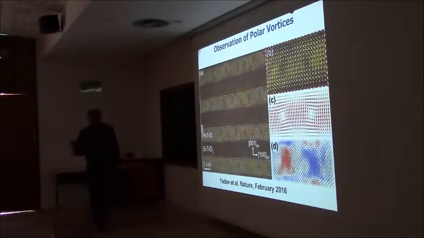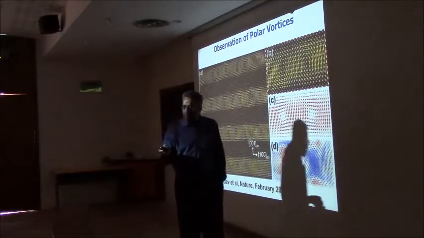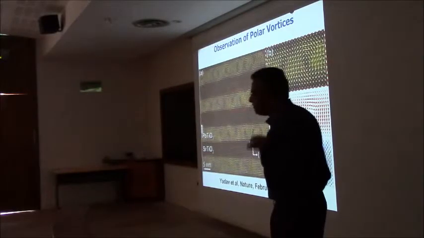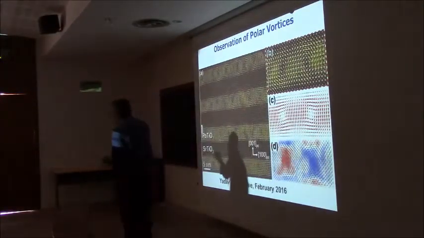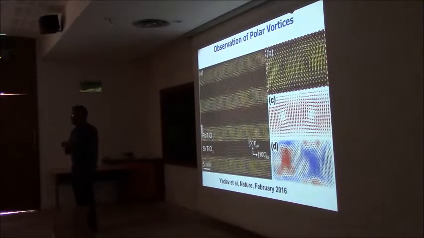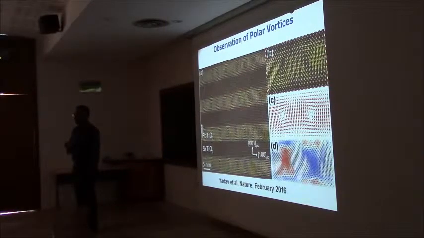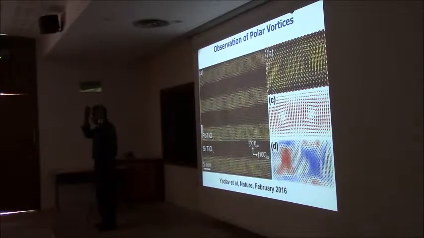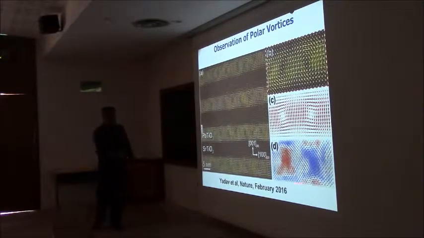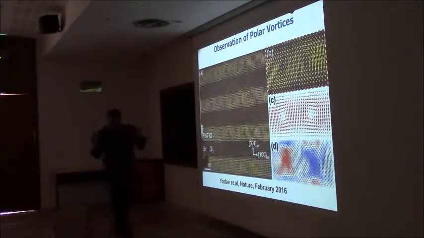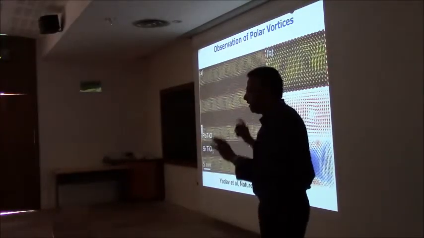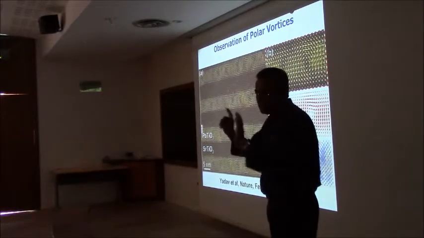So one of the questions, and we talked about this in the introduction, is, how do I look at this? One way is to ask the question, what does the curl of the polarization look like? If I have a uniform polarization, what should the curl of the polarization look like? Is it 0? 0. There should be no curl because the polarization is just uniform. If I did that, this is done in the computer, you can clearly see that the polarization is indeed curving. So one of the signatures of this kind of vortex structure is that there is a finite value of the curl everywhere in the sample.